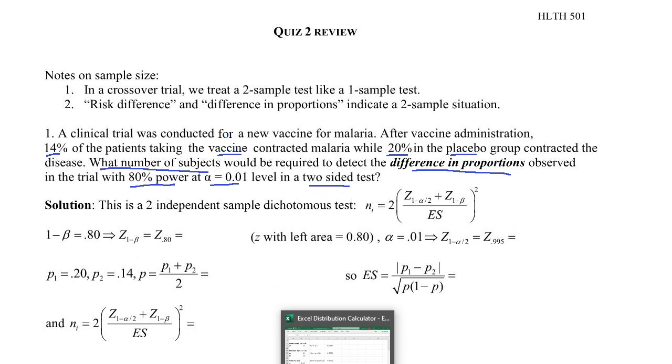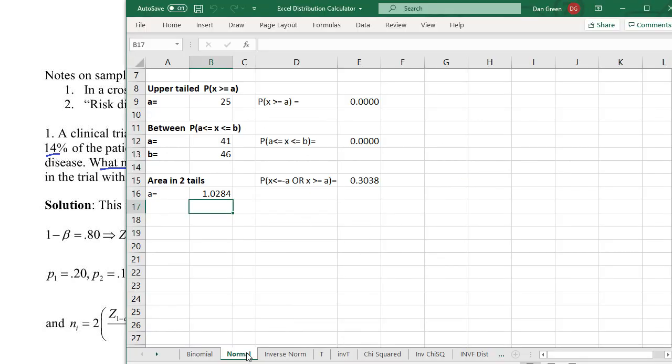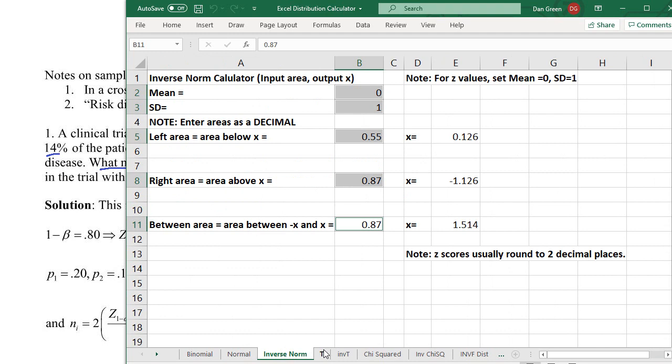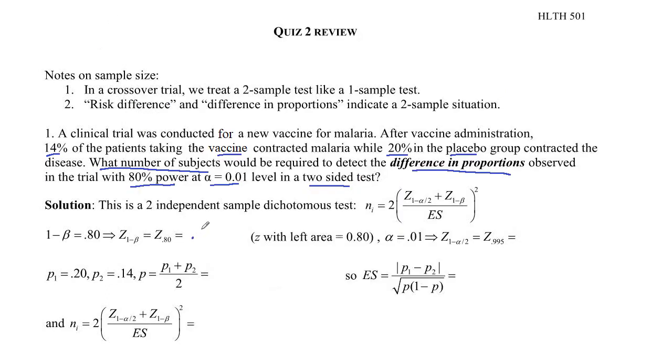So I'm going to do this in the distribution calculator, Excel distribution calculator. We're given the area, and we want the z-score, so we want to use the inverse norm tab here. We're dealing with z-scores, so we're going to keep our mean at 0 and our standard deviation at 1. Left area is 0.80, and just press enter. And our value is 0.842, and that 0.84, you should have seen that before in some other problems in the textbook. So we'll keep 2 decimal places to be consistent with the text. So this is 0.84,